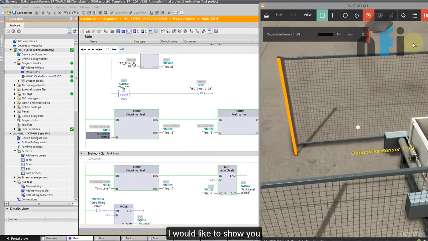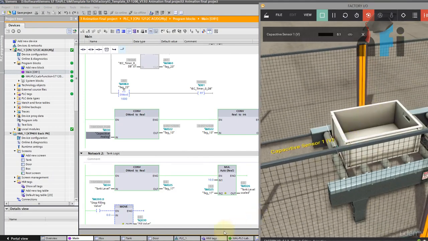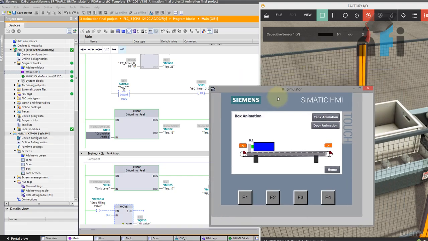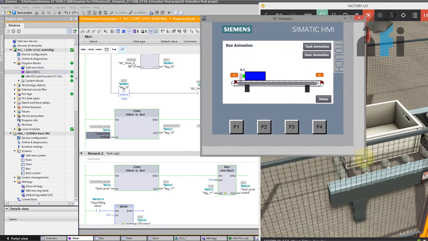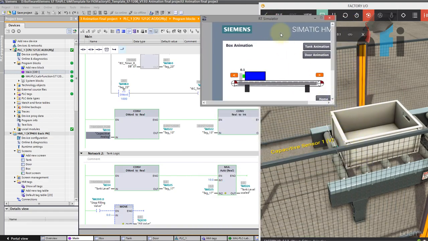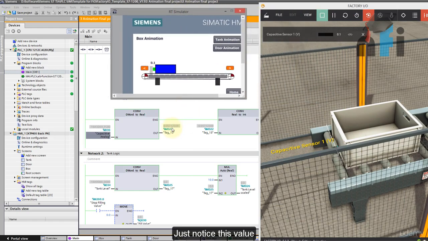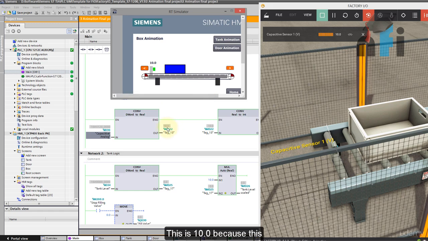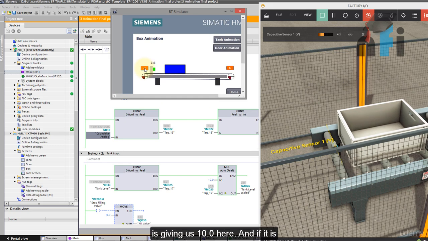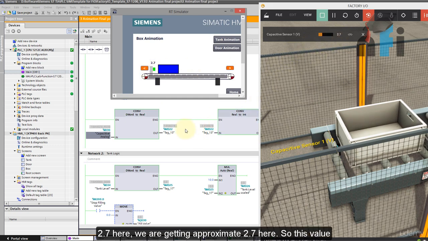I would like to show you. Just notice this value. This is 10.0 because this is giving us 10.0 here. And if it is 2.7 here, we are getting approximately 2.7 here. So this value is actually representing this value because we have to convert the value from the word to real